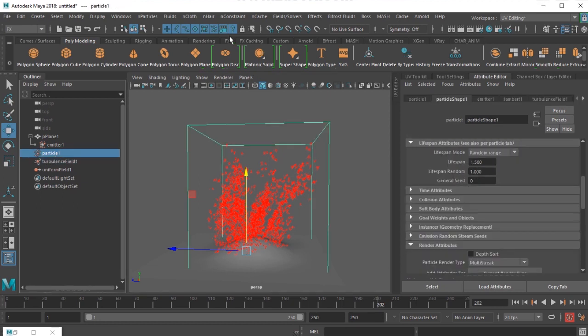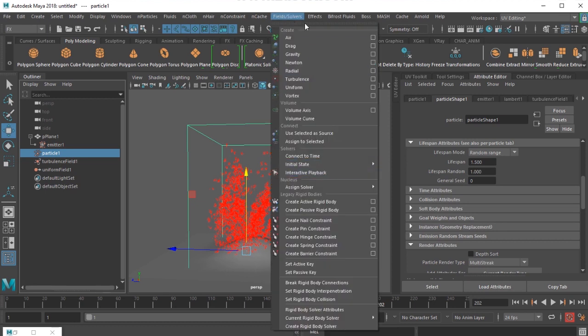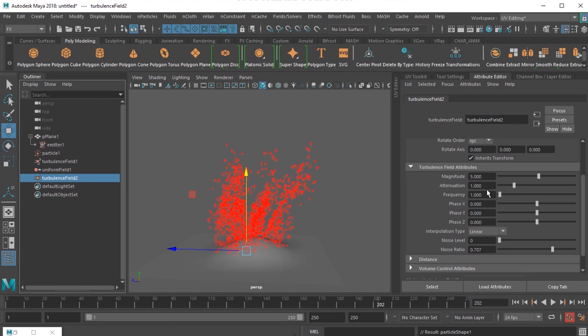I can select the particle and add one more turbulence if needed. So I'm selecting the attenuation value, I'll make it 0, and in phase Z I'll write an expression equals to time and put the high frequency there. So you get a bigger movement and then a smaller one, so it gives more organic fire there.